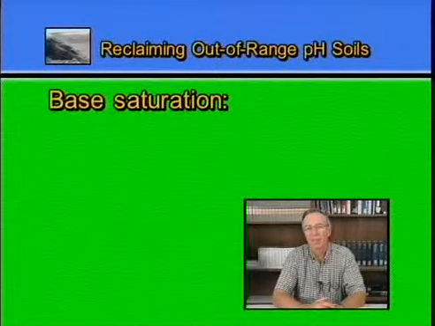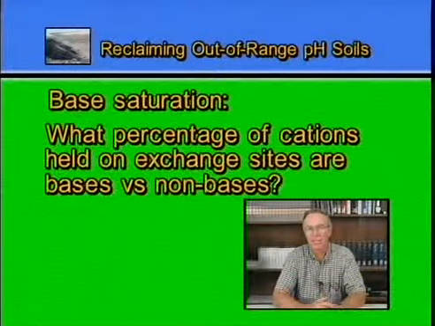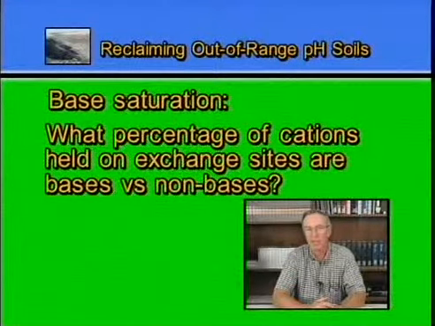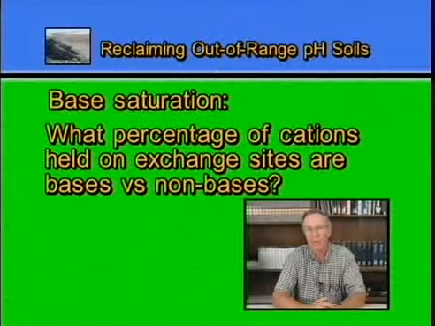And the term base saturation is referring to what percentage of the cations held on the exchange sites are bases versus those that are non-bases or could be considered acidic cations. So in terms of a review, let's take a look at what are the acidic cations. Well, the only real cation of significance in terms of the exchange complex that is acidic is hydrogen. The other cations that are most commonly found on these exchange sites are the exchangeable bases: calcium, magnesium, potassium, sodium,